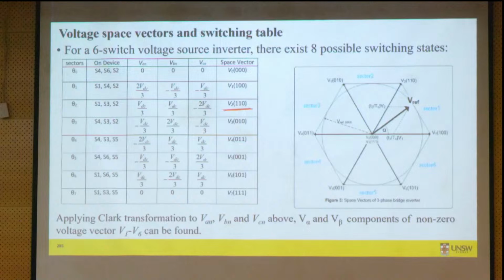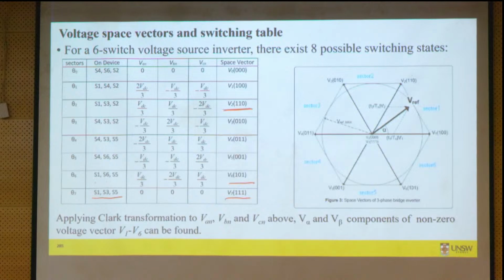Okay, so that's the switching table. If I want V6, switches S1, S6 and S5 must be on. And if I want zero voltage, that means V7, these three must be on. Okay, so this table,